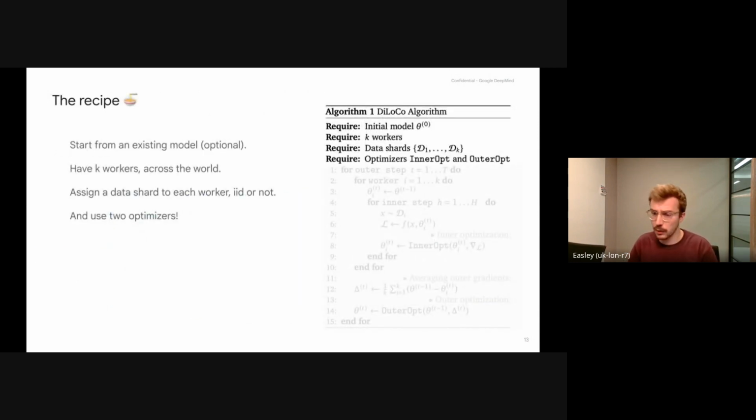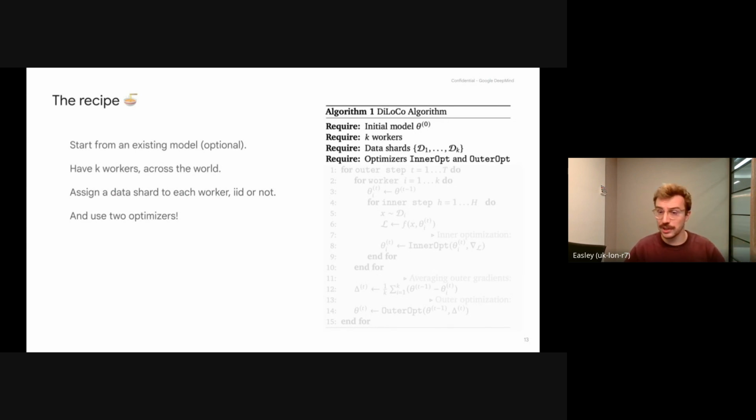So, the recipe of our DiLoCo algorithm. Usually we start from an existing model that was pre-trained, but that's very optional, and we show in an ablation that we can also work with a model from scratch. We have K workers. These K workers are, for example, different pools of compute. Each worker could have a single GPU or many GPUs. That's optional, meaning that each worker could do data parallelism internally, for example.